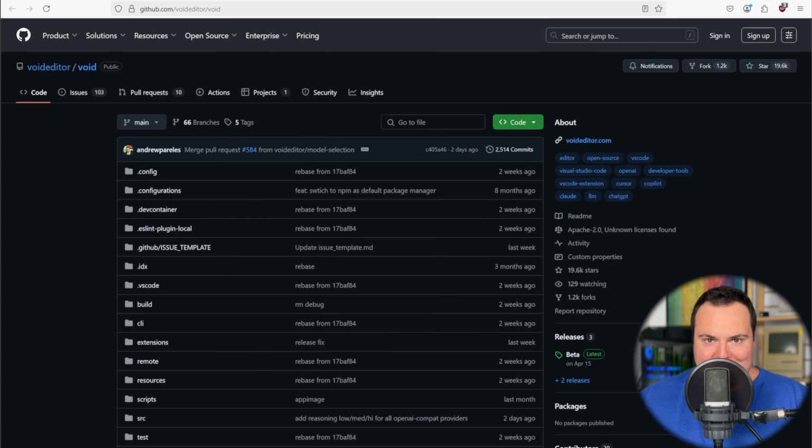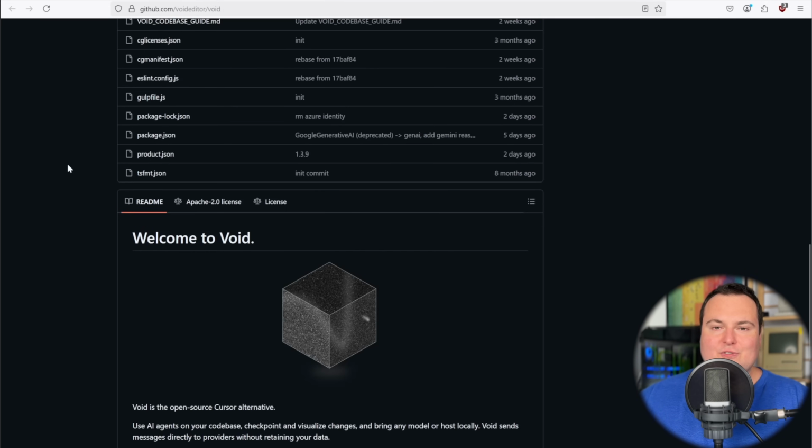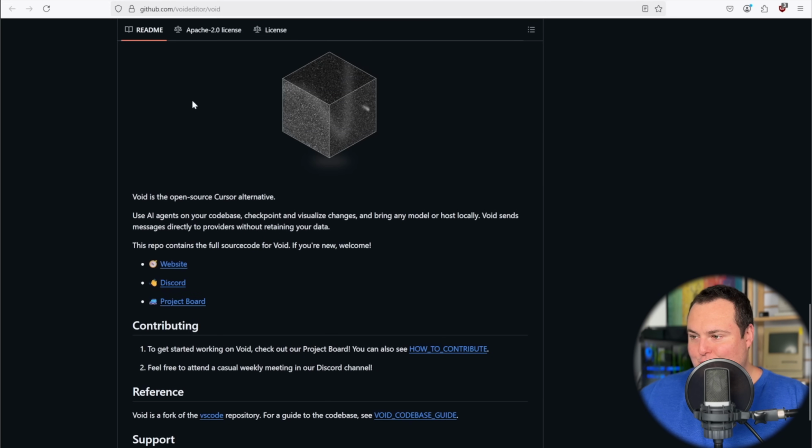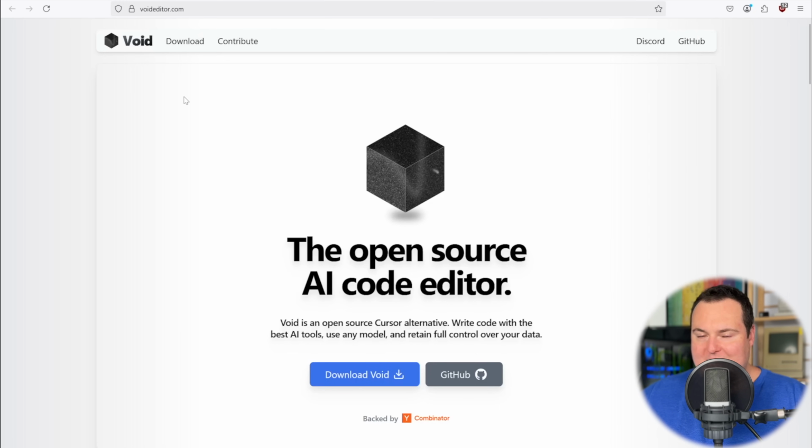So in the scope of my channel and what I like to do, you can go ahead and use local models with this, which for today we will be using through Ollama. The GitHub repository is quite barren in terms of the README section, but you can just hop on over to the website and begin the download process, which is what we're going to do right now. Before we do that, quick note: